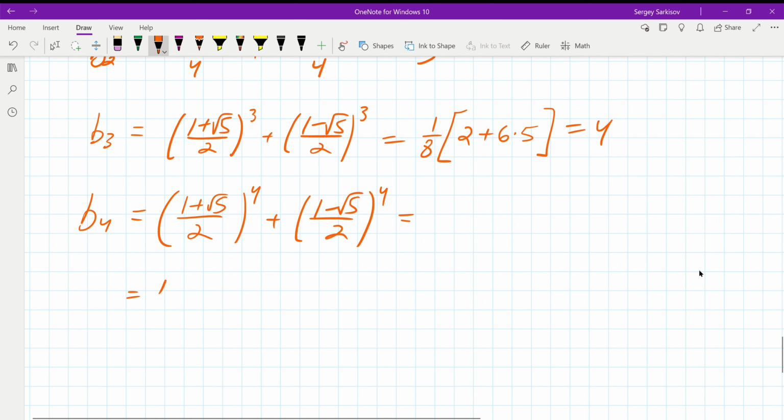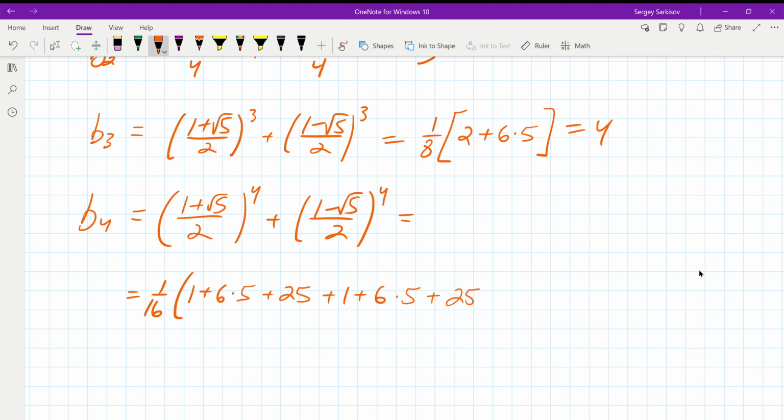Here, one second. So 1/16. Okay, 1 plus 6, that squared times 5 plus 25. And the middle terms cancel. So 1 plus 1 plus 6, this squared, 6 times 5 plus 25. Really didn't work out. Let's see, 26 and 30. Oh, there are 2 30s. I forgot that. Okay, so it's going to be 1/16 of 50 plus